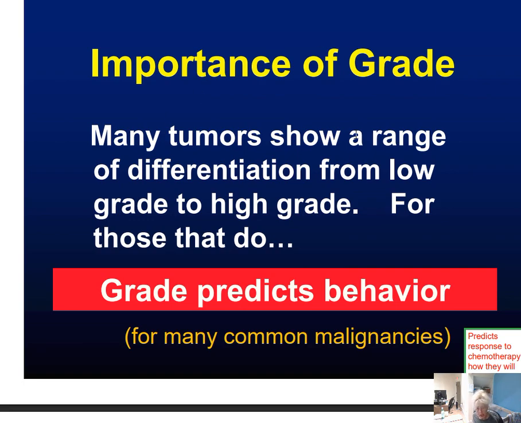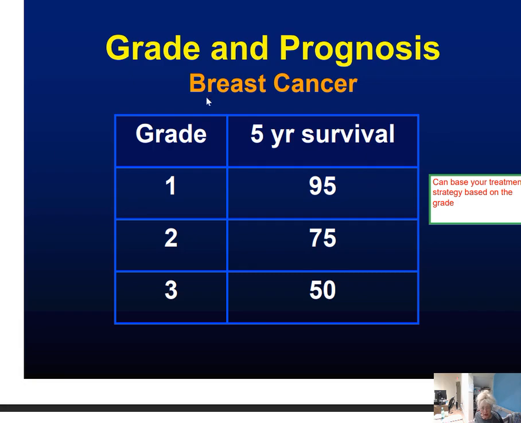The importance of grade. Many tumors show a range of differentiation from low grade to high grade, and for those that do, grade will predict behavior for many common malignancies. So grade and prognosis. Grade 1, we have a 95% survival rate. Grade 2, moderate anaplasia, 75%. Grade 3, 50%, and that's because it not only pushed the borders, but went through the borders, the basement membrane,